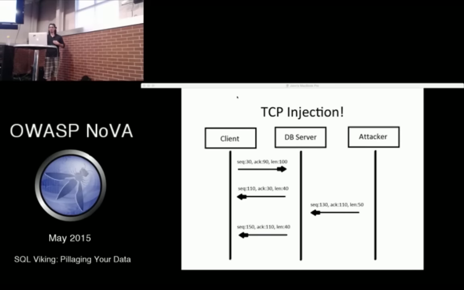I couldn't find a diagram for this on Google, so I had to make my own. So we have the first 2 packets that get sent out. The client sends a request to the DB server. The DB server responds. I, as an attacker, am passively watching this connection on the network, and I put a